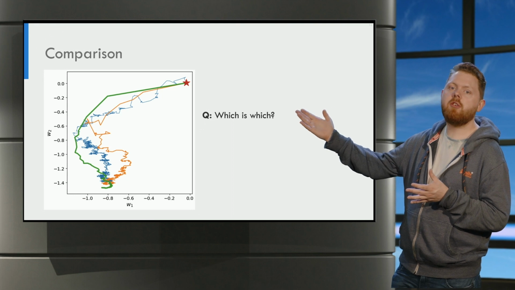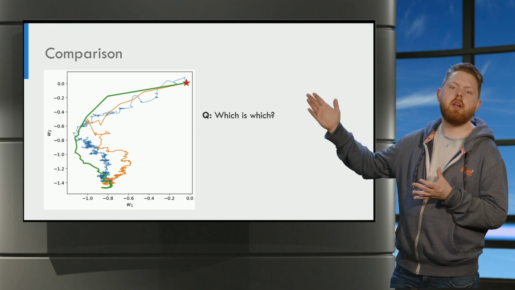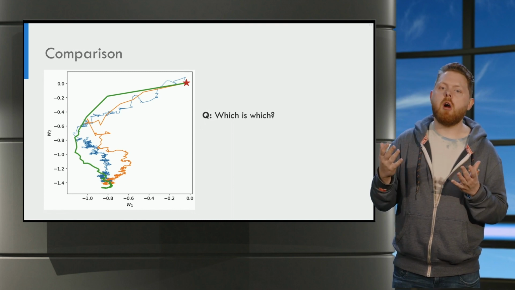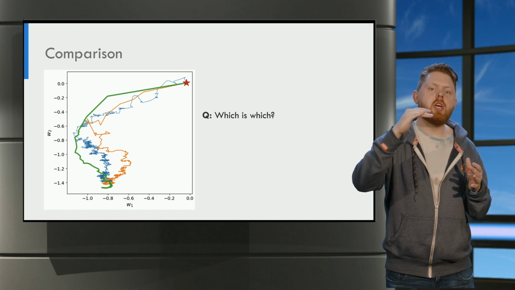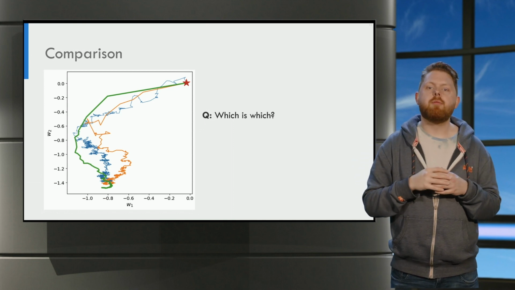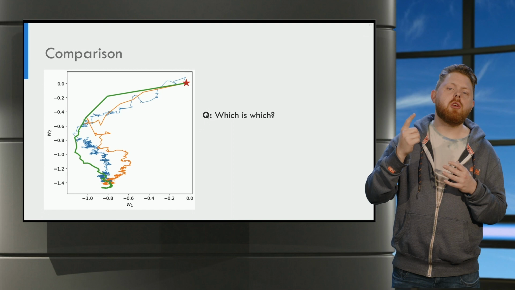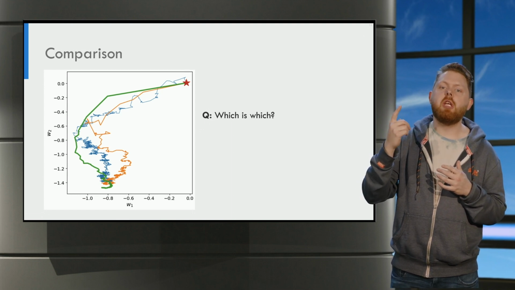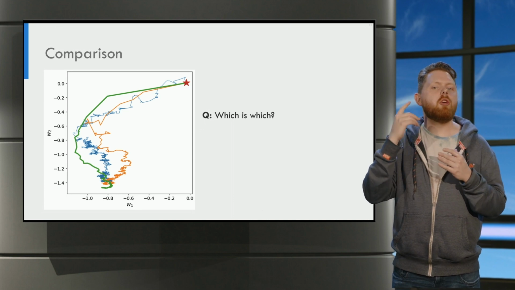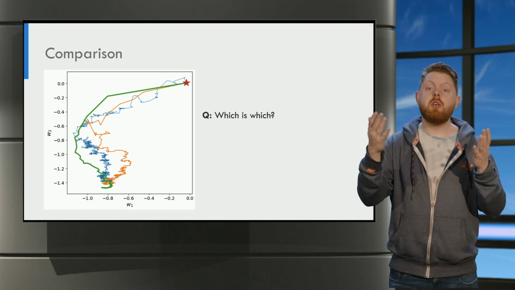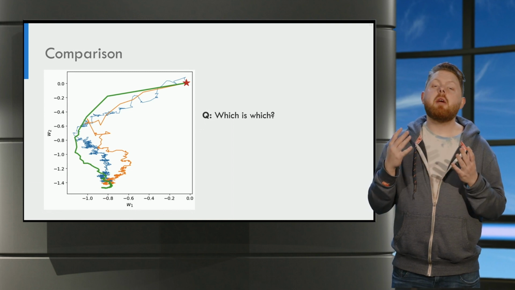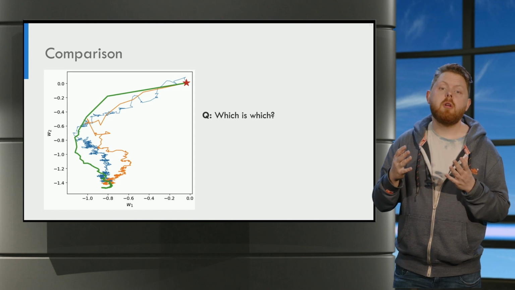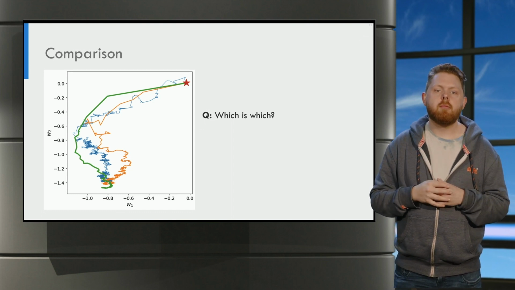This picture illustrates the three different variants of gradient descent. The three all start at the location of the star and travel through the landscape of an objective function. One of them is batch, one of them is mini batch, and one of them is SGD. Now my question to you is, which is which? Take a second to think about this and pause the video. Afterward, we discuss the answer.